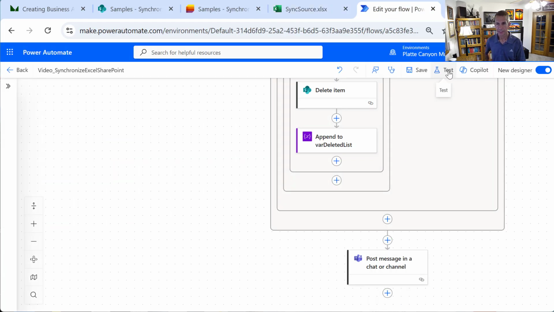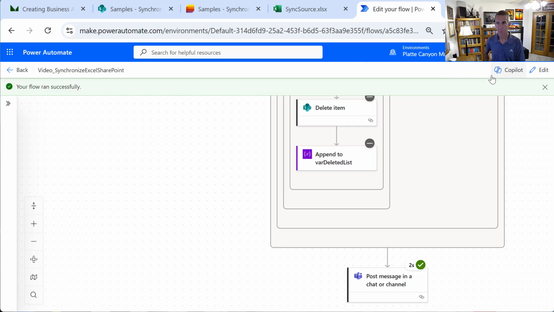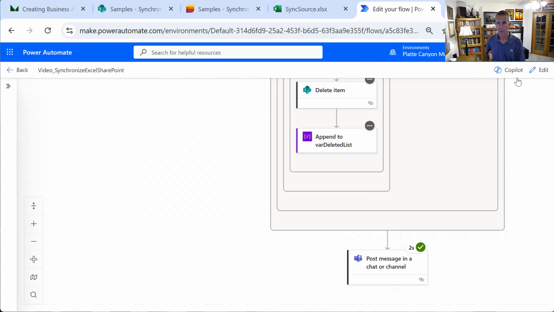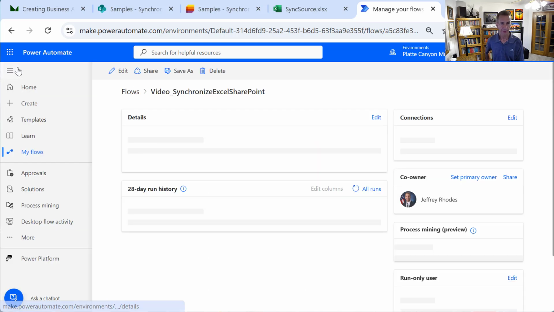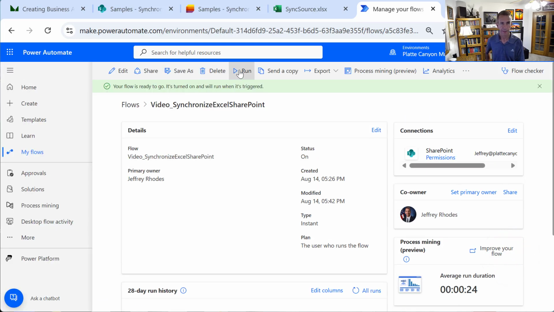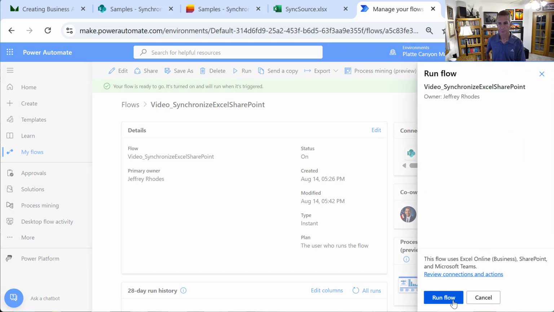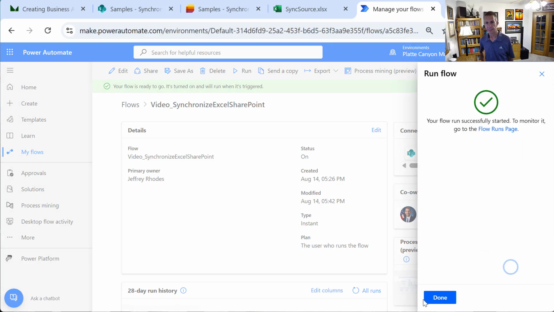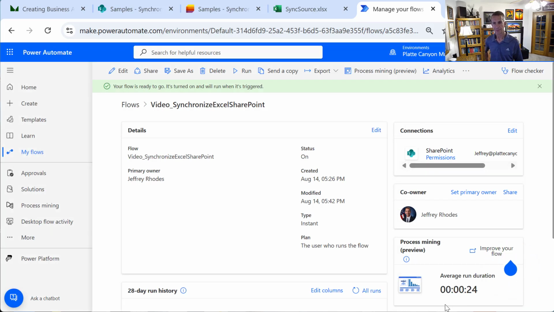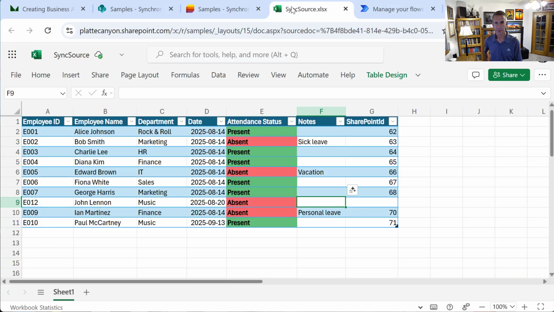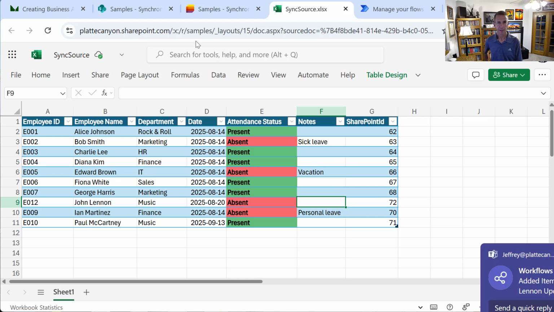So let's test it again. Oh, yeah, so probably easiest is just come on out and run it again. If it works, then we don't have to debug it. If it doesn't work, then we'll do it. So let's go look at this again. So that was a good sign. You saw if you quickly, John Lennon got added as row 72. Haven't seen the update there. Oh, there we go. So let's go look at our Teams